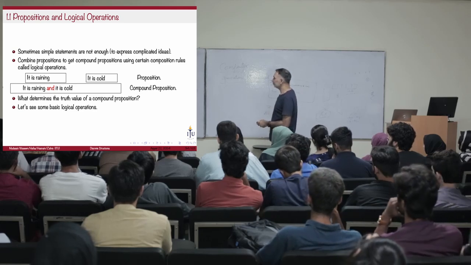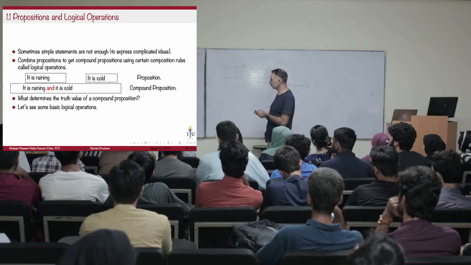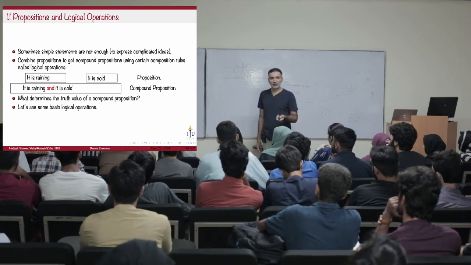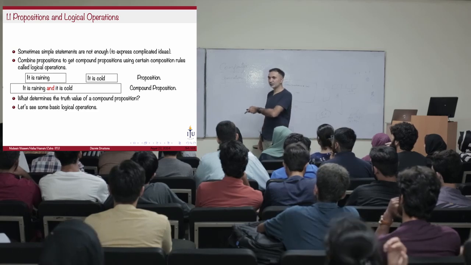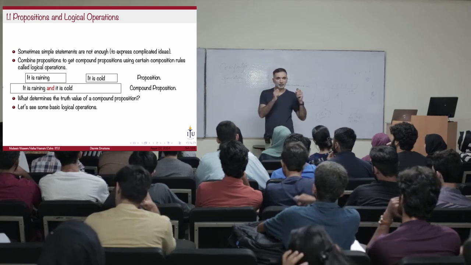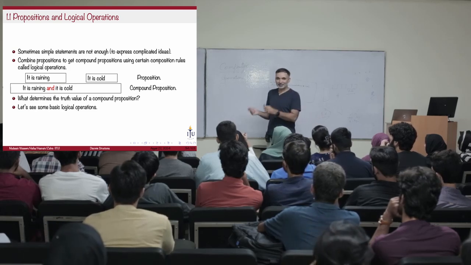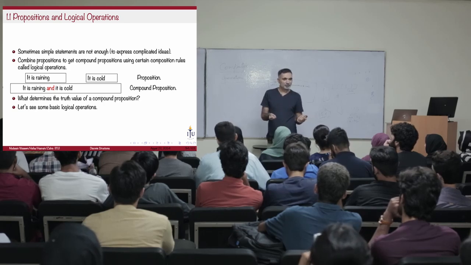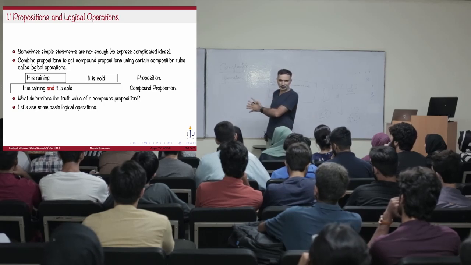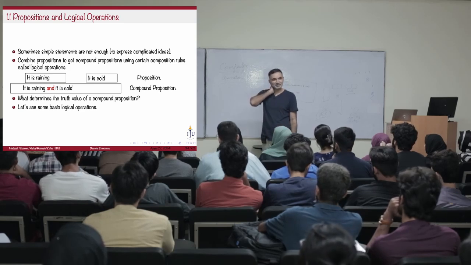What determines the truth value of this compound proposition? There is a set of rules which define the truth value of the compound proposition based on the truth value of the original propositions. What that says is that if you know the truth value of the original statements, you must be able to figure out the truth value of the compound proposition. Are you with me? Yes. Okay,